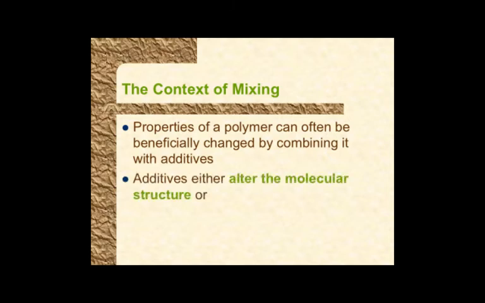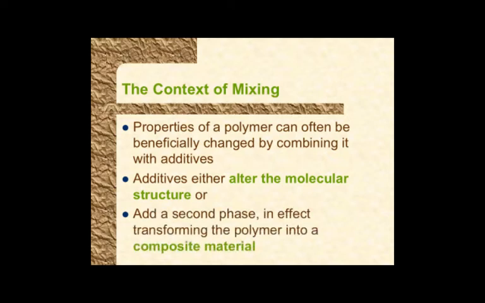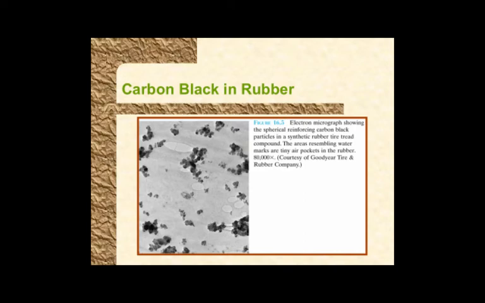And you can either change the molecular structure. What is an example of this? Cross-linking, right? So that is one way. And in the case of rubber, you add sulfur as an additive and you can cross-link. Or you can change the stiffness, you can add glass fiber, you can add clay particles, and you can change that. This is a micrograph of